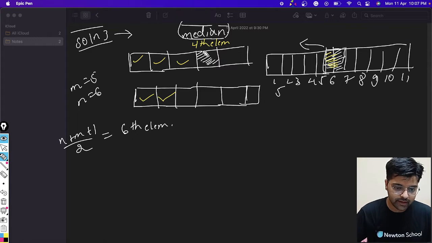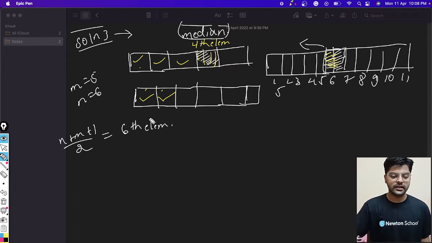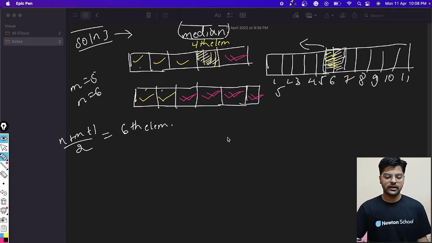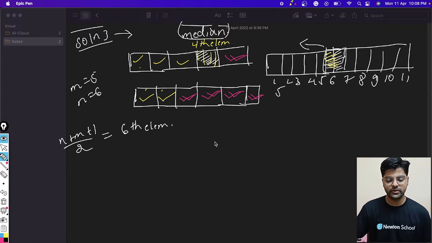So it will be like this. If this is the median, right, then these elements and these 2 elements will be sorted, right? And let me change the color again. And these elements will be greater than the median, as it is the property of the median itself.